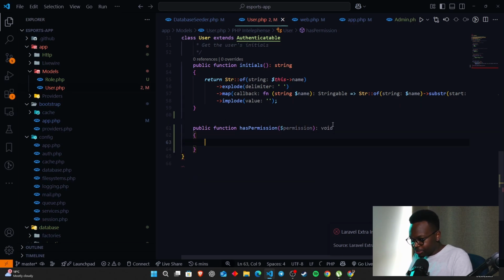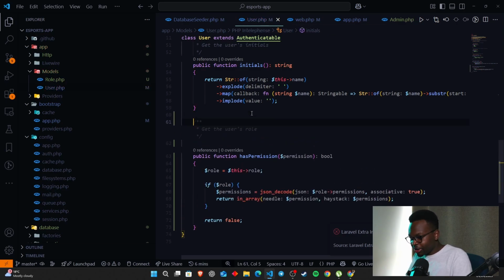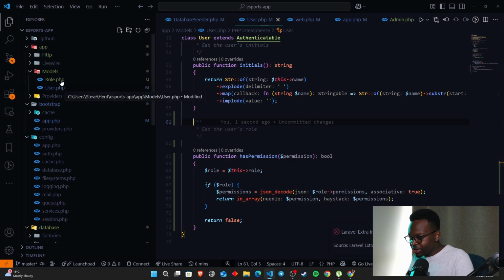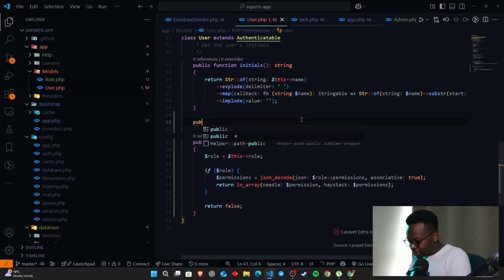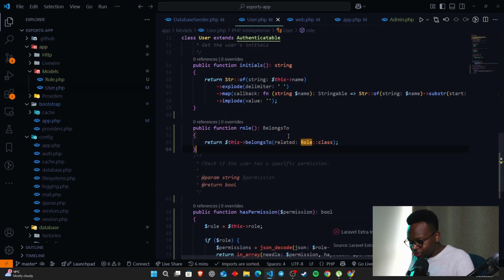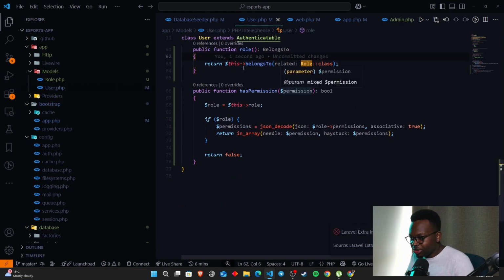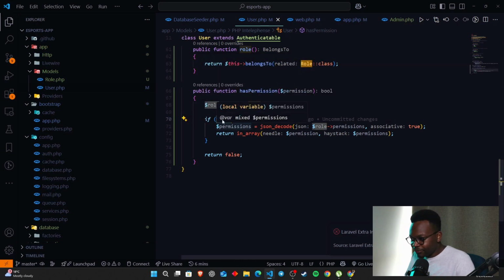Okay, so we're just going to come in here and check if the roles are also going to be there. There's a function, first of all, that we needed to create that creates the relationship between the user and the role, which is public function role, and this belongsTo role, which is fine. And on the role side, this hasMany users, right? So the hasPermission now checks the permissions within the role area. If the role,